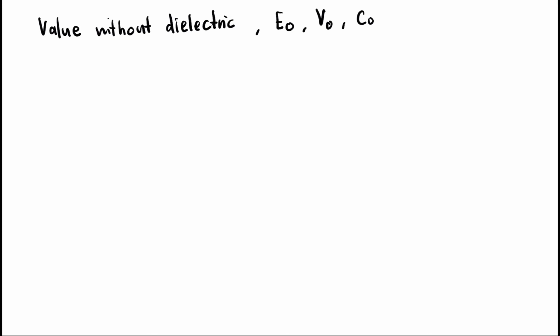Okay, so we put some notation. So value without dielectric, kita akan notekan semua benda yang without dielectric sebagai E0, V0, C0. Okay. So these are the values without dielectric lah. So if you see something with naught here, means that the value is without dielectric. Okay, so with the dielectric,